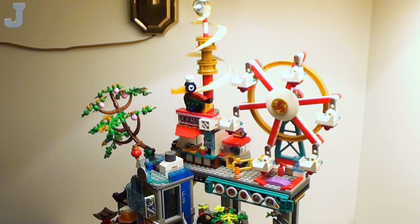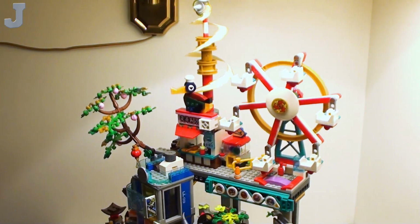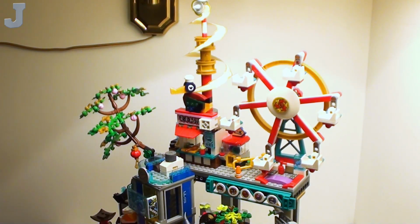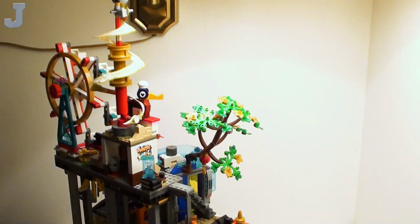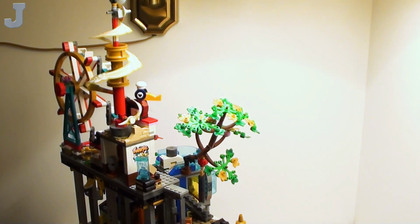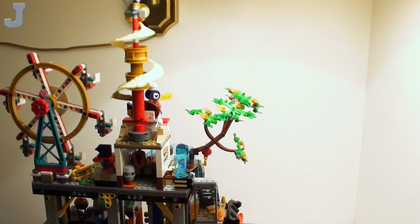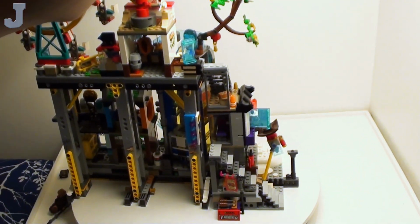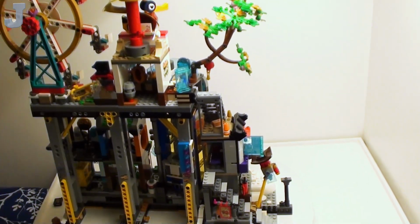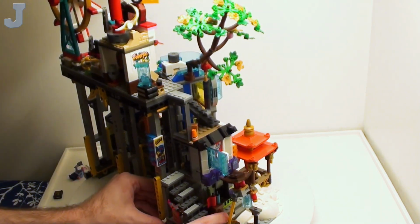Okay, how does that go on the front? They show it right about here, but I can't get anything to line up. There, I got it to kind of line up. Good luck getting all these Technic pins to line up because I can't get this closed. Well, you can't see what I'm doing. Yeah, I can't wait to get to some more normal size sets that are not so grotesquely big. I can't get this to close up, so...